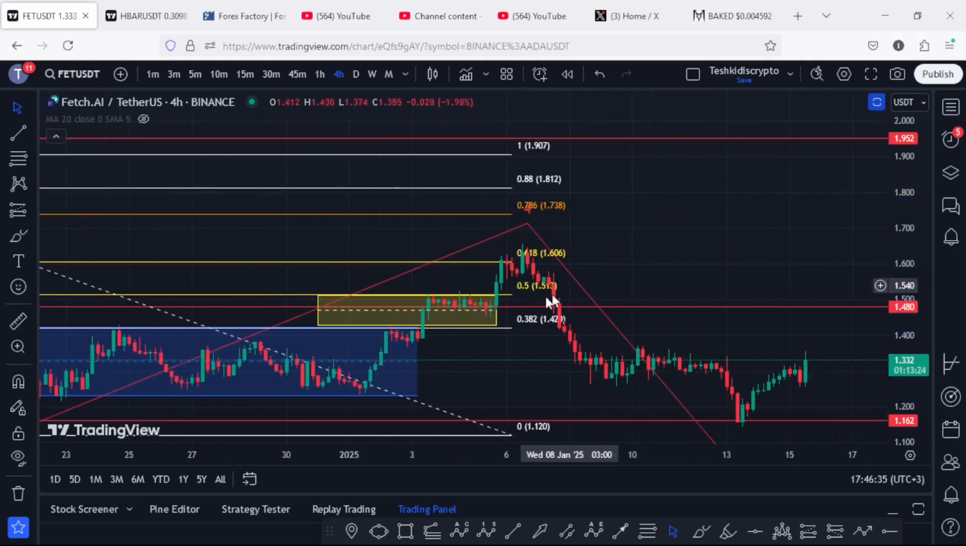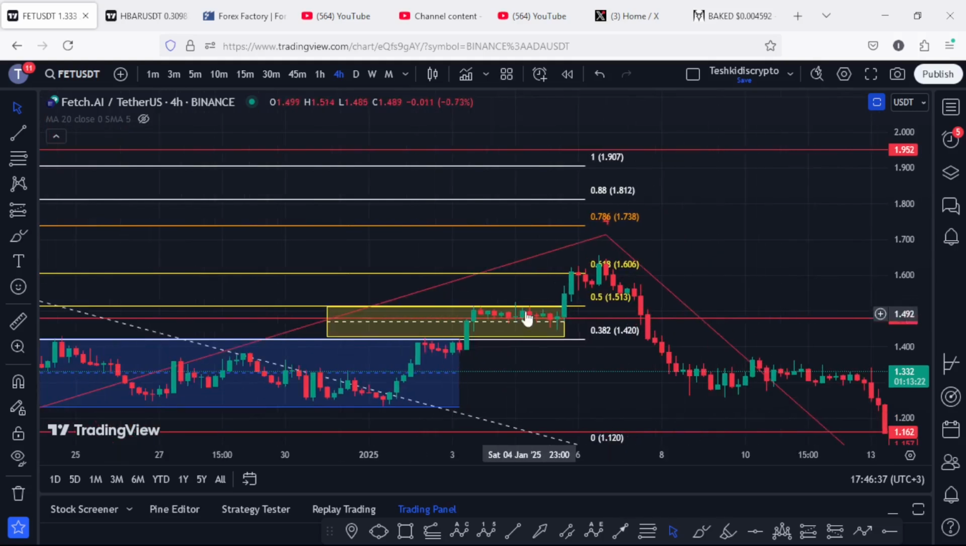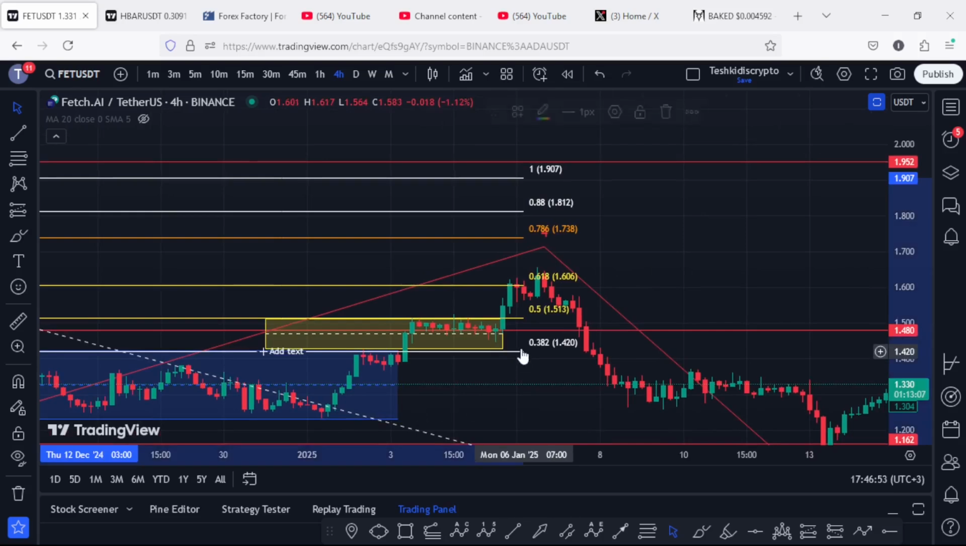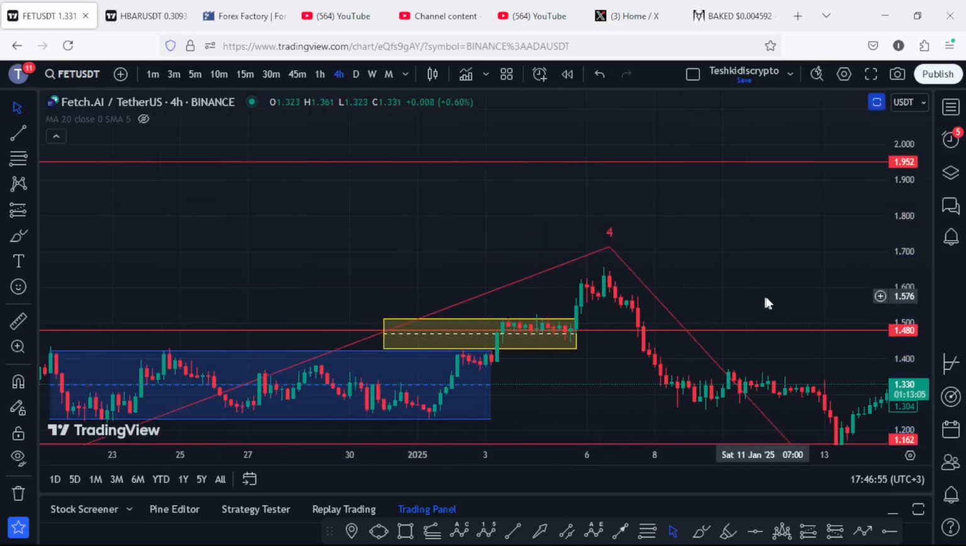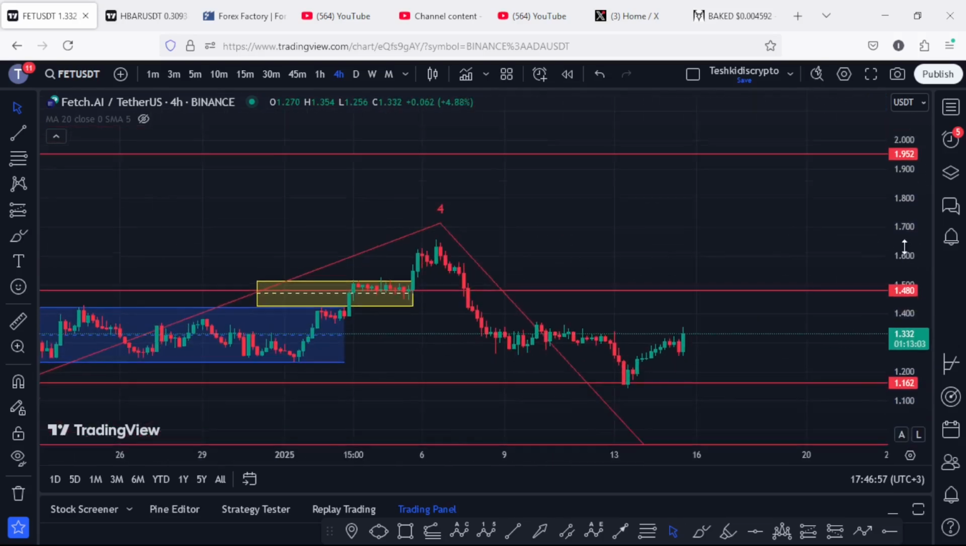And you can see that at some point we saw a bit of a break to the upper side of this key area of resistance, where you can see that we finally got rejected at the fib level 0.618 that lies above the 1.606. And having seen that rejection to the lower side, that was the start of another impulse to the lower side